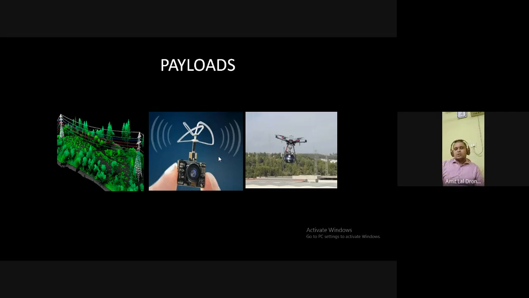Talking about payloads, okay. Drones without payloads are very rarely used. Payload may sound like something very complex, but it can be as simple as a camera. So your payloads are of various types. They can be a drop box, a delivery box, a camera, a wireless camera, a thermal camera, a LiDAR image.